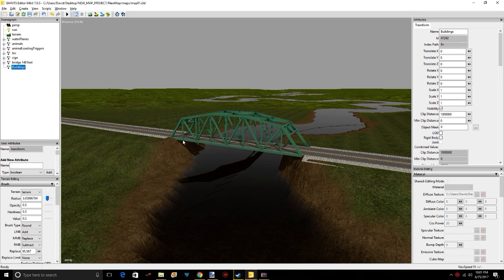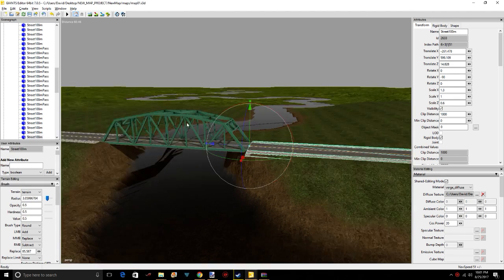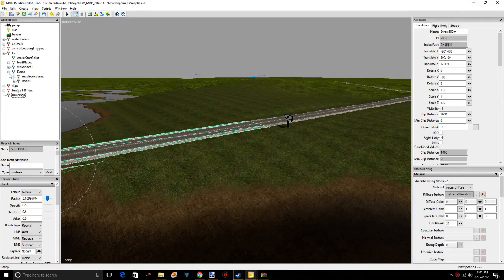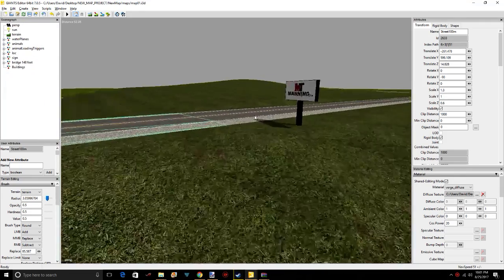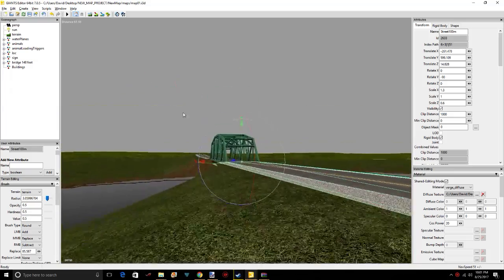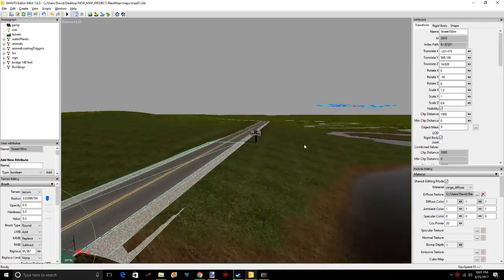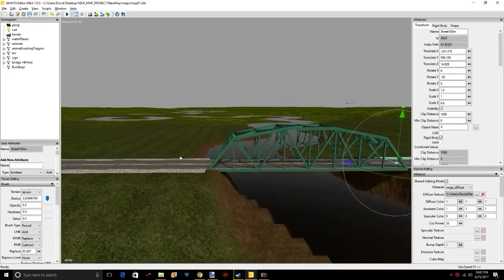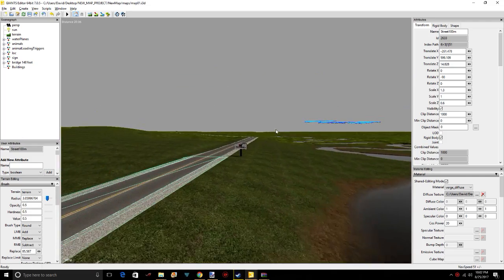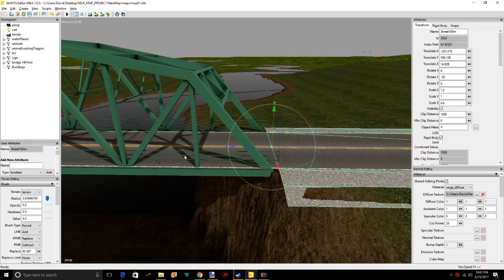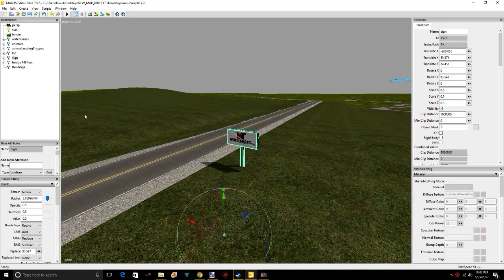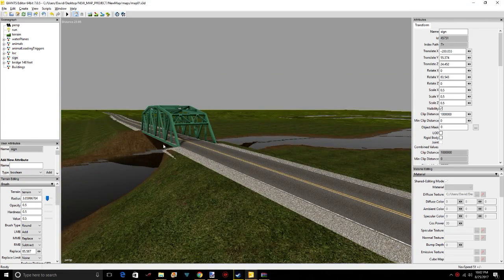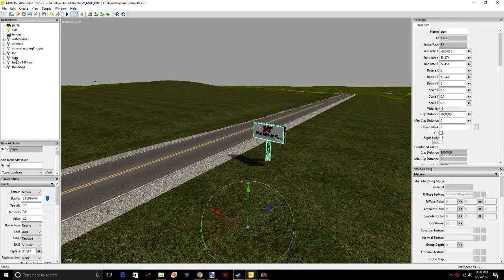So let's say that the bridge, oops, sorry, wrong button. Let's say that the bridge and the sign that we imported from this other map, we want to put these into the buildings transform group just to organize our scenograph a little better. But let's take it a step further and say that we actually want this sign to be in the same transform group as this building, because this sign is actually a sign that needs to go with this building. So we can actually do this a couple different ways. I'm going to select the sign and I'm going to import it into this transform group. So I've got the sign selected, it's selected up here,